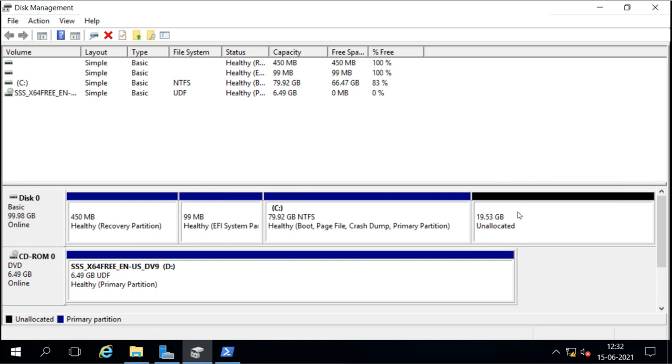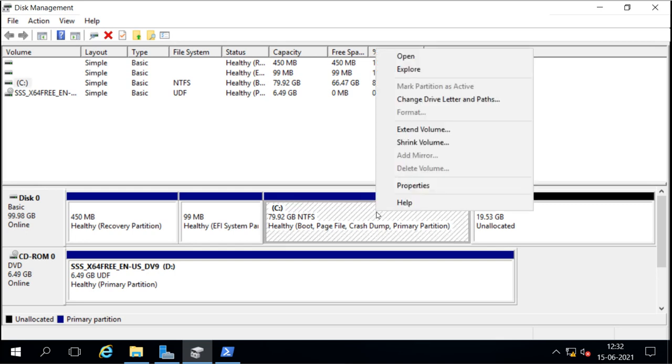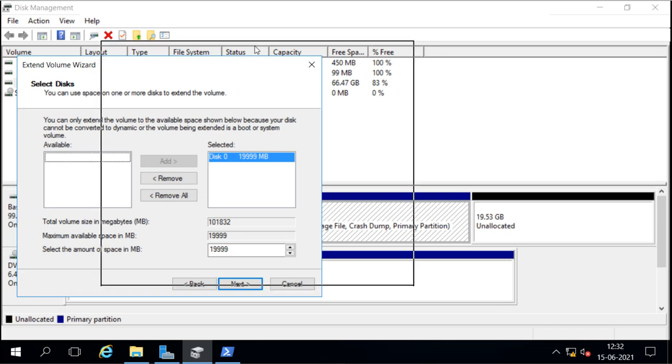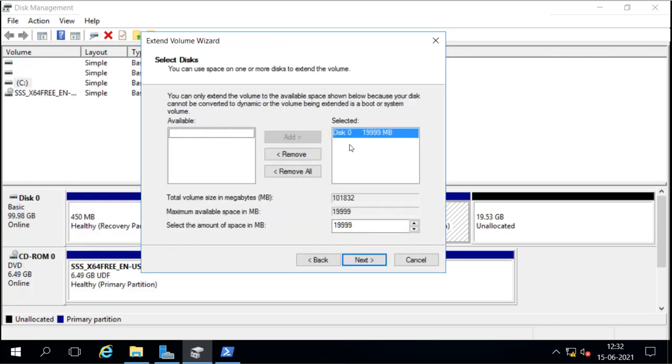Now if you have available space and you want to extend your current partition, then you can do that by extending. You have the option to extend the volumes. So right now we have the shrink option and extend option available in Windows. This is the only disk I have available, 20 GB size.